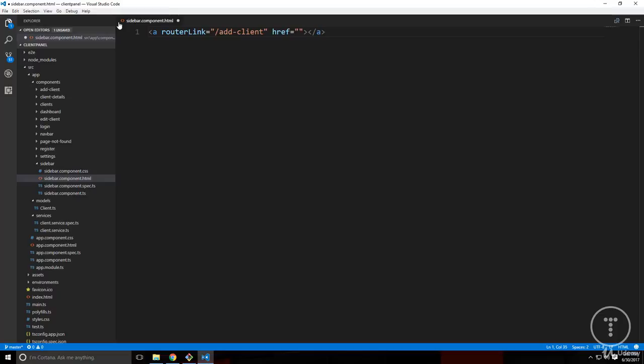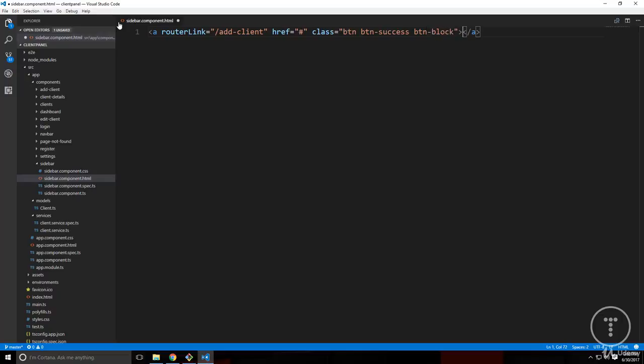I'm just going to put a number sign in there, and then let's give this a class of btn btn-success, because I want it to be green, and let's also give it btn-block to make it